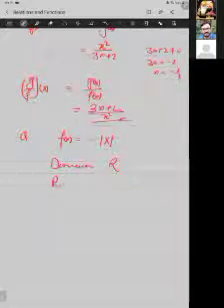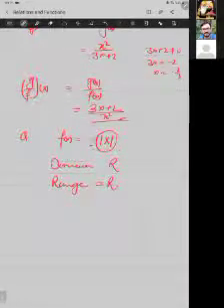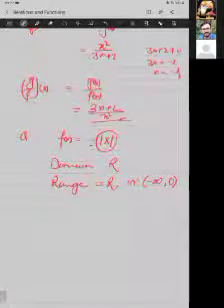Whereas when we are going for range, see, mod is giving me always positive, and always positive is multiplied by the negative. So it will be real negative. Or I could write it minus infinity to 0. But 0 we cannot take because 0 is considered as positive, so it will be excluding 0. I think you are able to understand the domain and range for the above given function.